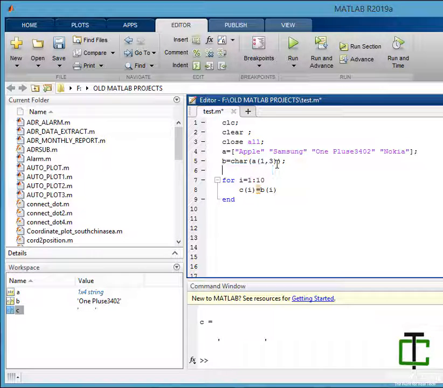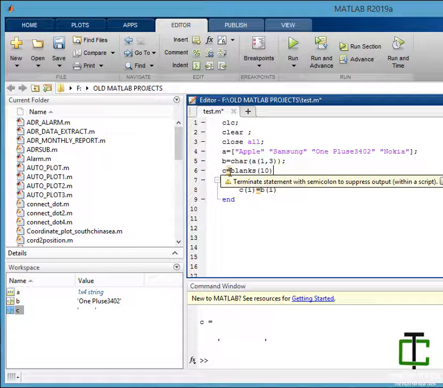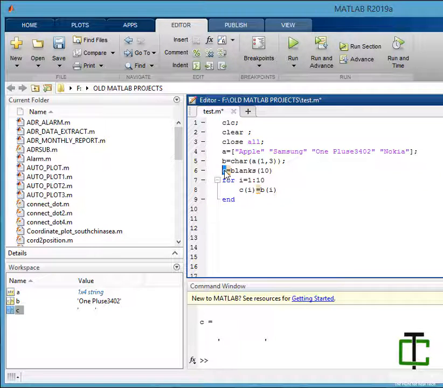If I know that c is going to have only 10 elements, it is good practice to initialize the variable here. It will boost up your processing speed. Okay. So delete this.